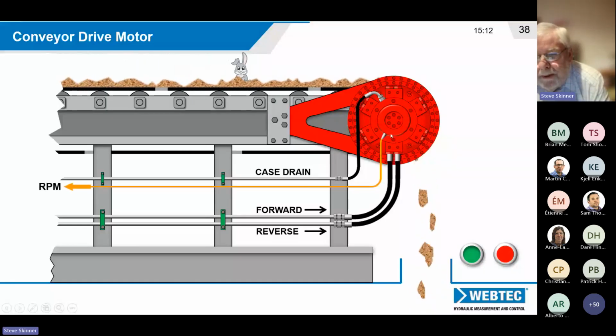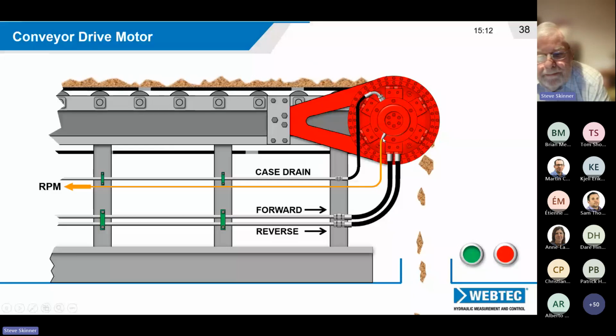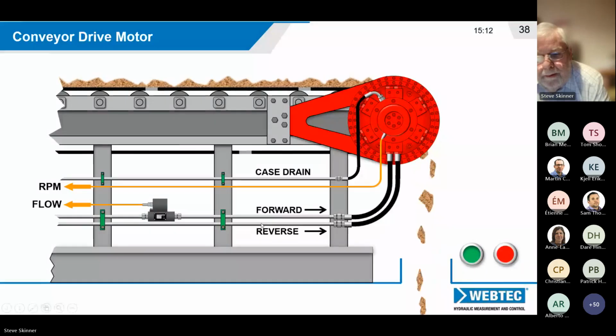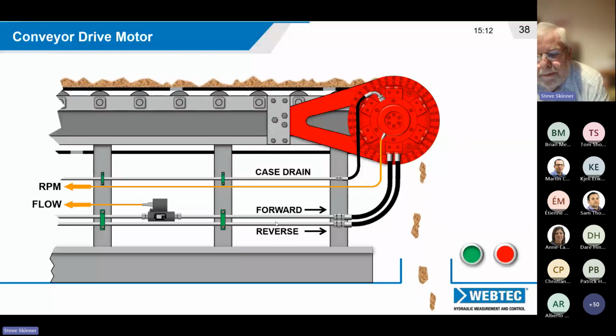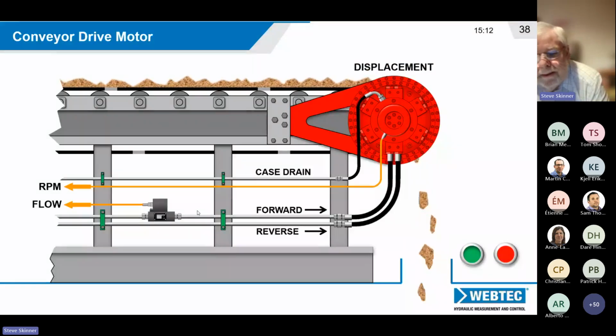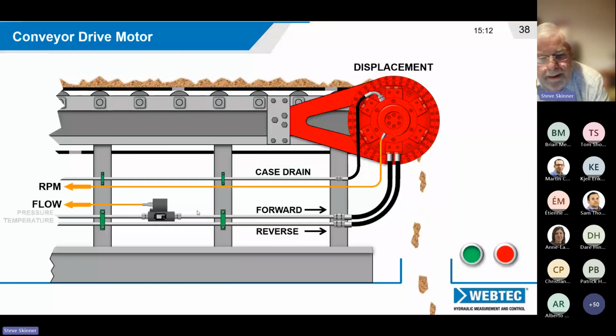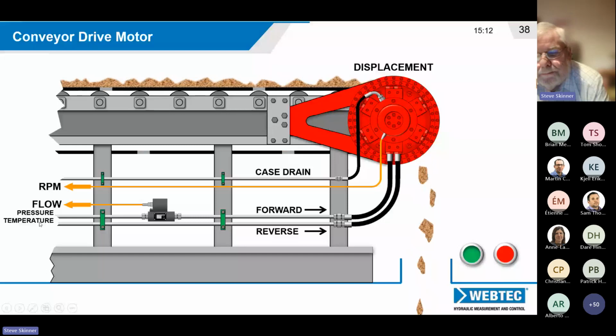We can monitor probably its speed quite easily. Most motors will have the option for a speed sensor that can be built into them. We can monitor the flow rate that's feeding the motor. Probably the forward flow rate is all we need to monitor. The reverse is only very seldom used, just for relieving jams and so forth. And if we know the displacement of the motor, then we've got all the information we need to be able to assess its condition. The flow monitor will probably give us a signal for pressure and temperature as well,